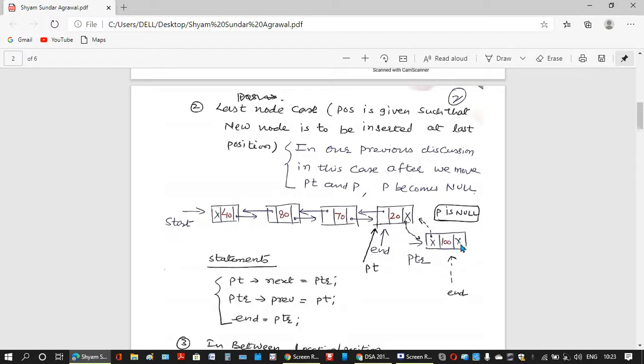By looking at this diagram, you can simply write these statements to link it. PT next equals PTR. That means this link is established. The PT next portion will point to the new node. The previous portion of the new node, PTR previous, is pointing to PT now, so PTR previous equals PT. And end is PTR, so end will come here and point to it. See, in this way you can point.